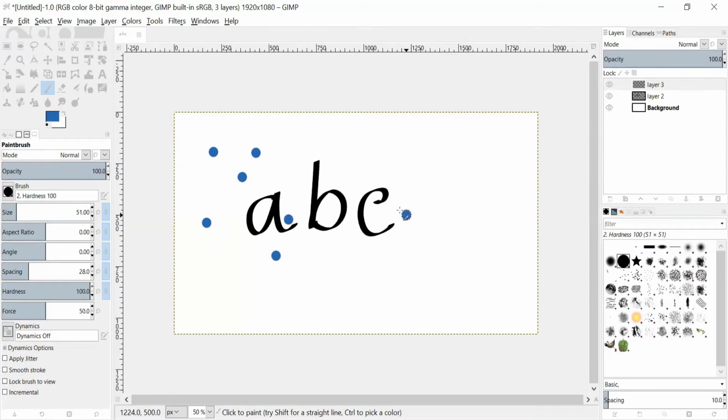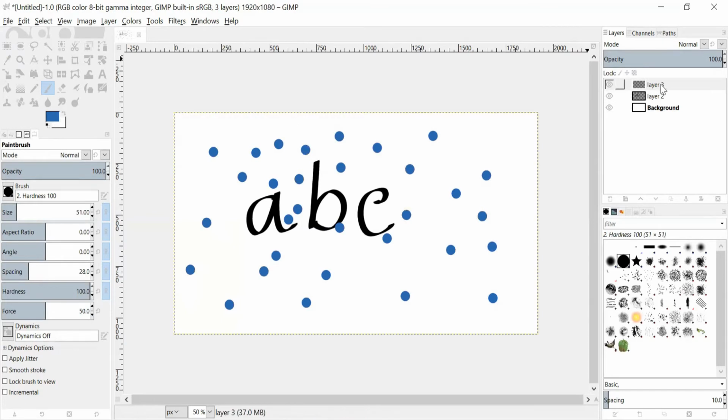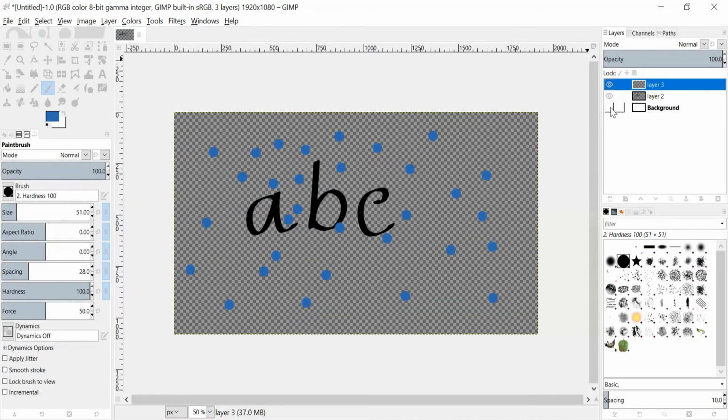Just click like this. Randomly, a blue circle here. Okay, I think it's enough. And we can see here that the blue circle is at the third layer, layer 3. The second layer contains the ABC. And then the first layer was the background.